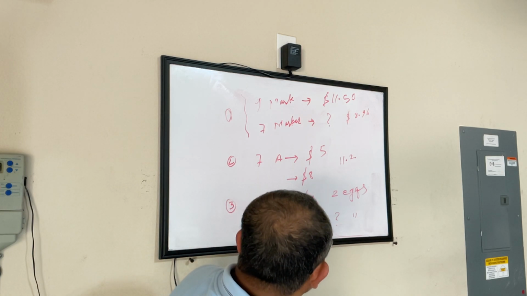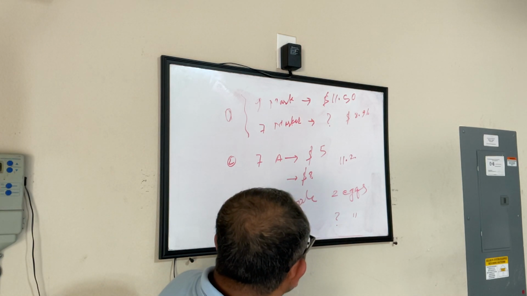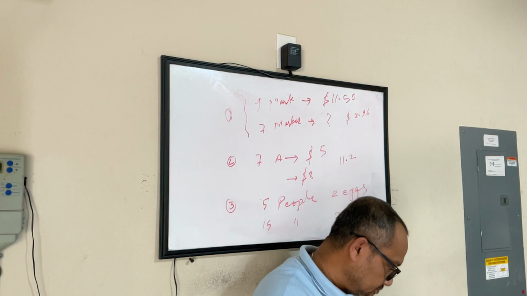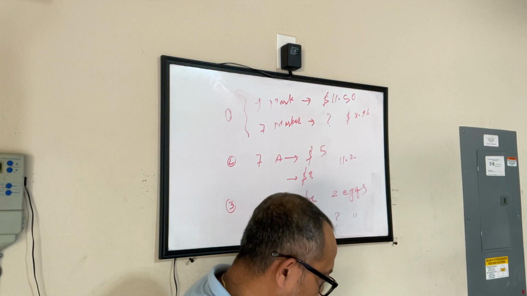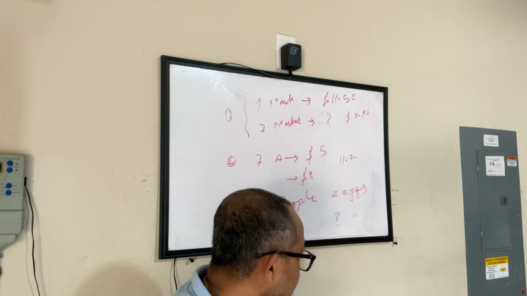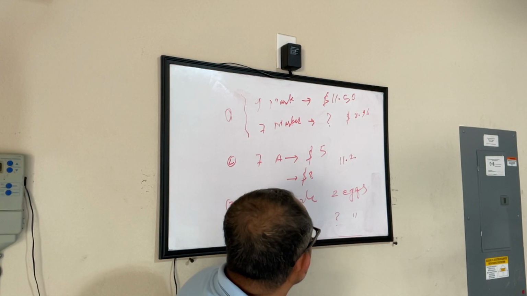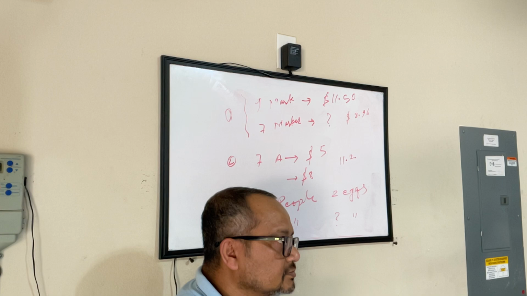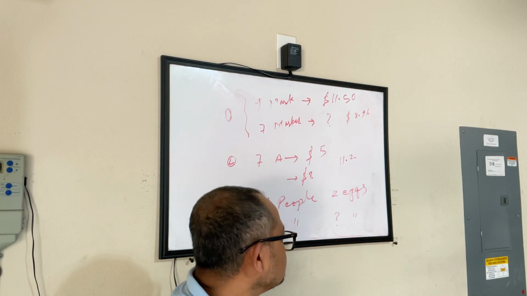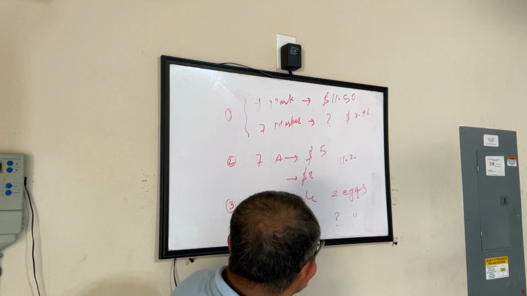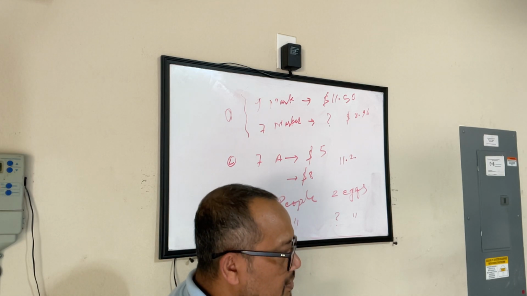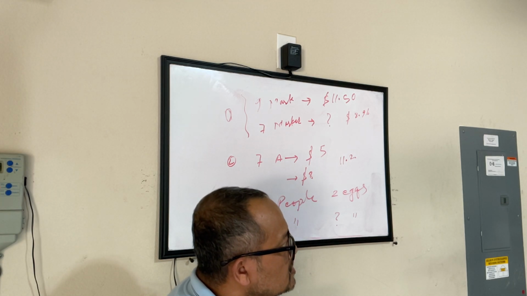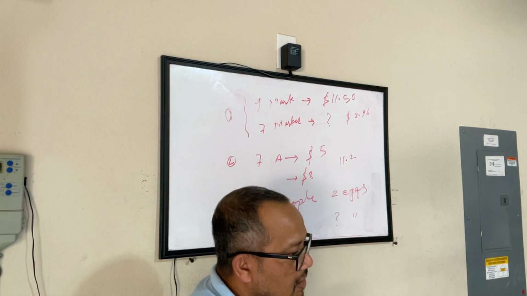Since 9 equals 11.5, I thought the easiest way was to make it 1. 1 is equal to how much? Then all I had to do was multiply 1 by 7 and the other one by 7 to get the answer. So I simplified it to 1 so that it becomes easier. Okay. How about you, Chris?